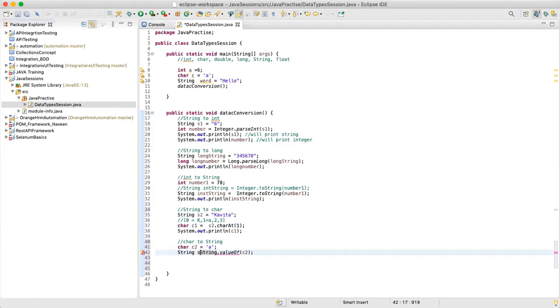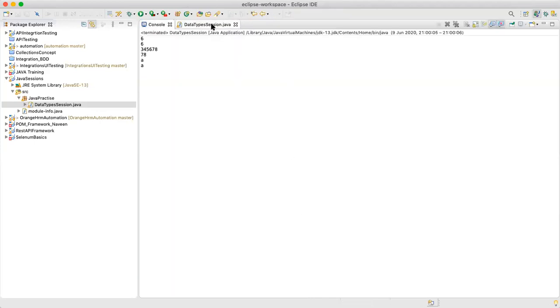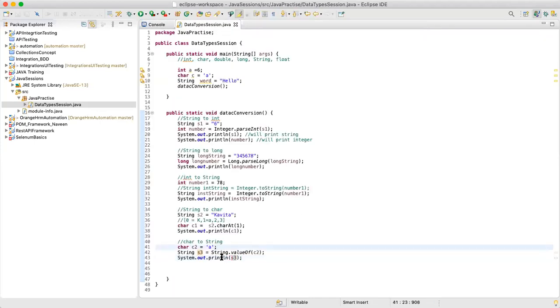So you can say String S3 is equal to this. Okay. And then you can say System.out.println S3. Let's just see, this is printing A. Okay. Whatever character value you have given, that will be printed into your string. Now, this is one way where you can convert your character to string.